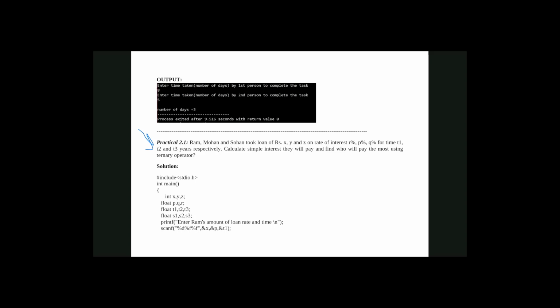I will run a poll: how many of you want to see the flowchart of practical 2.1?